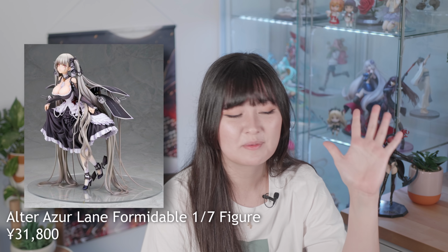And that is the Azure Lane Formidable 1/7 figure by Ulta. This behemoth of a lady is very expensive. It's Ulta, and with all that hair, it's very expensive. And as a non-Azure Lane player, it feels kind of stupid to buy an Azure Lane character that I don't even know, but